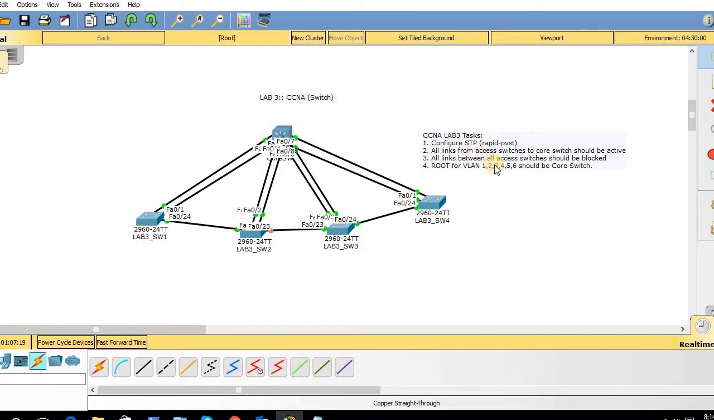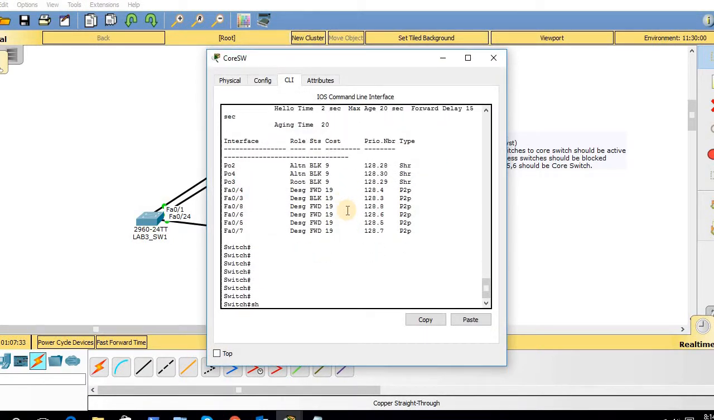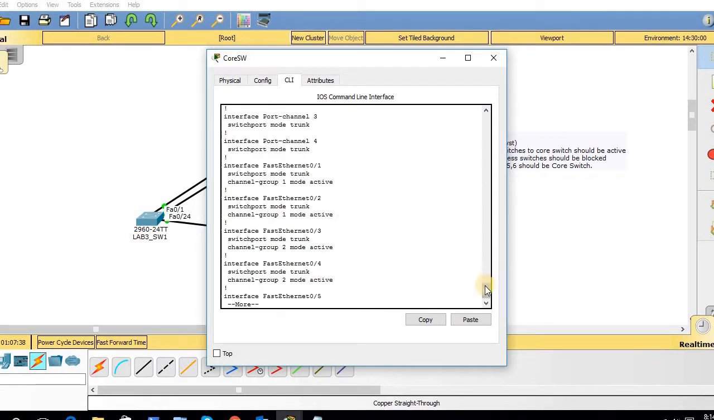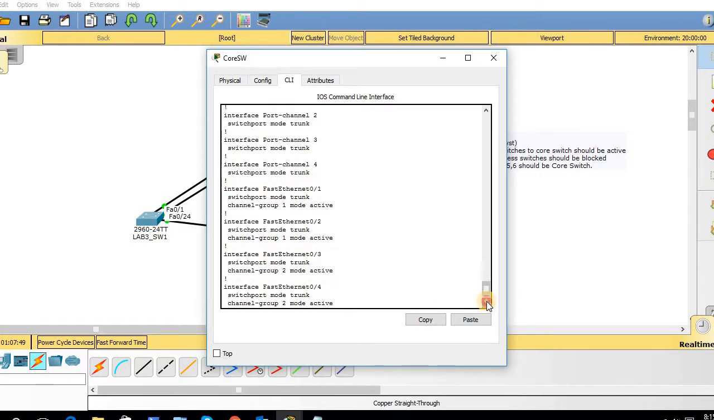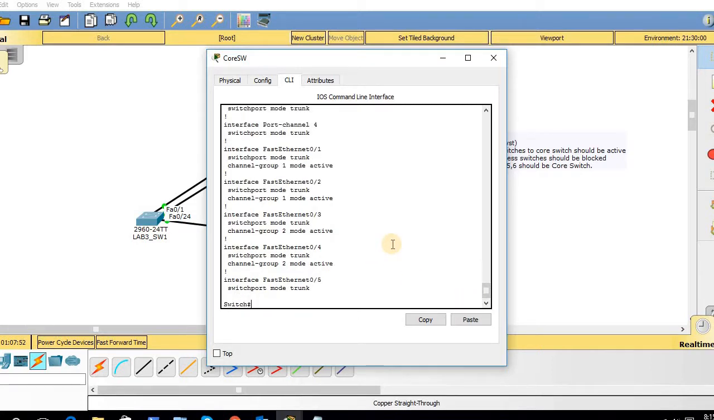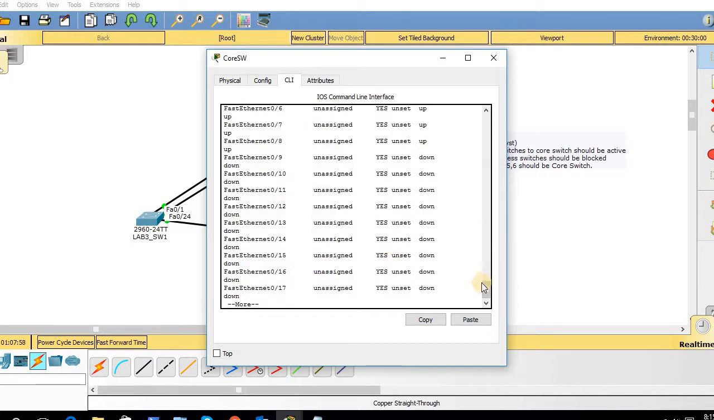Before moving to this lab, I want to show something, because this is a Packet Tracer issue, or maybe you can face this issue in the lab also. I configured the EtherChannel on the core switch. You can see the configuration: all are using the same command, port channel 1, 2, 3, 4, and the same commands are used in the interfaces also. But if you check show ip interface brief,